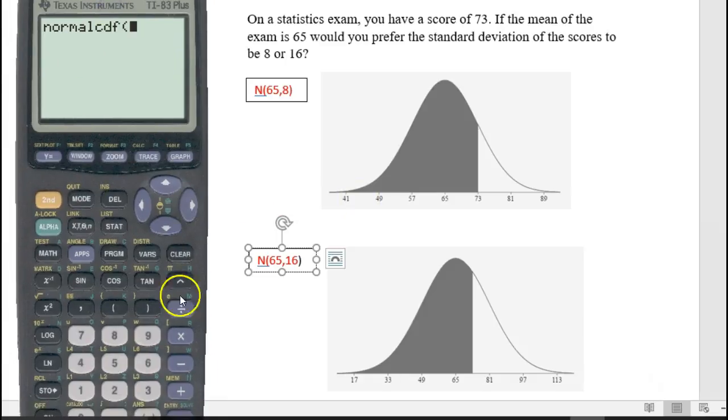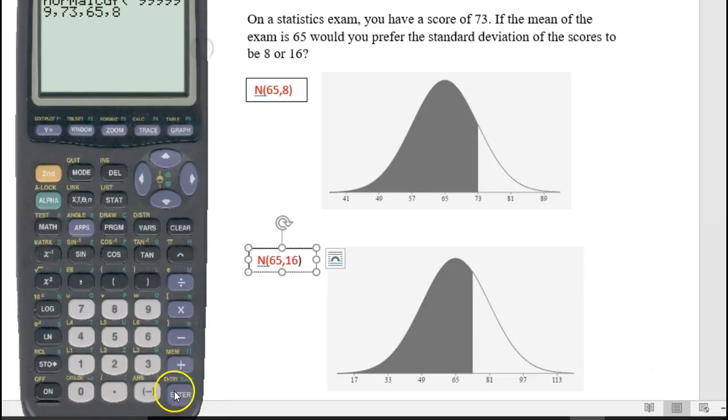All right. So we will put in a negative 99999 to represent that, and then a comma, and then we have to put in our upper bound, which is our actual score, which is 73. Okay, and then we put in our mean of 65 and our standard deviation. And once you've done that, you can go ahead and hit enter, and we end up with 0.8413. If we times it by 100, we can get the exact percentile. It's kind of easier to see when we times it by 100. So we have